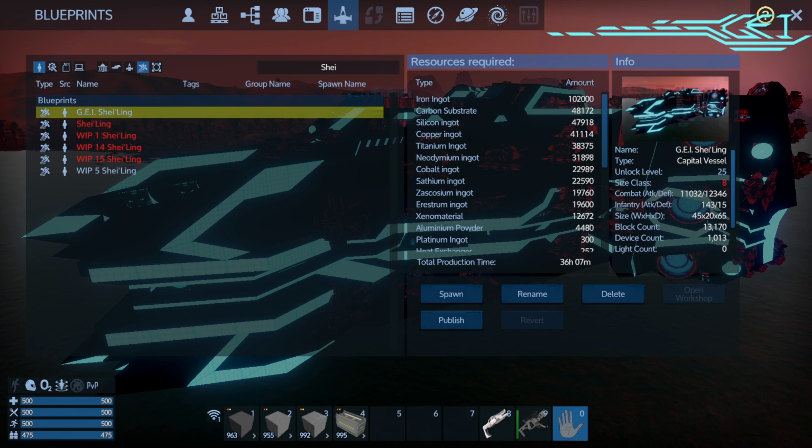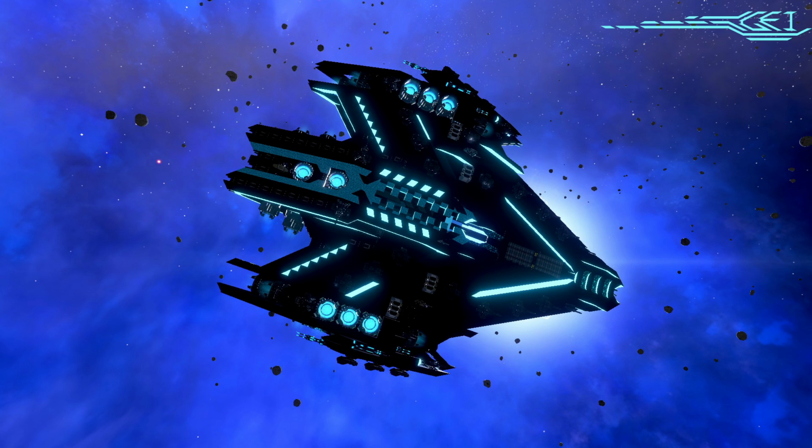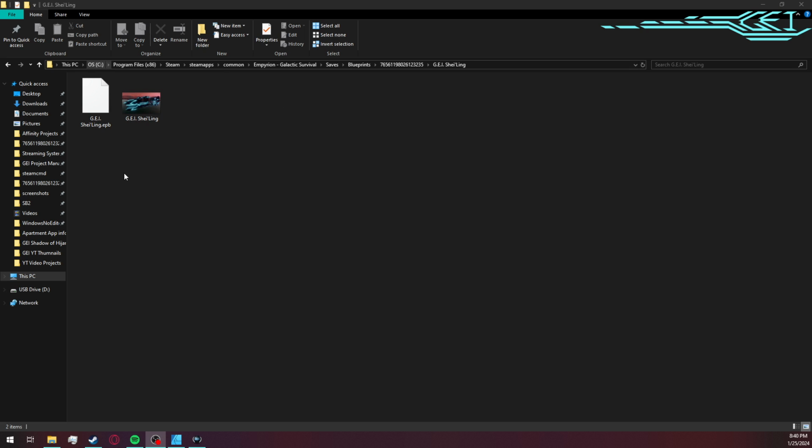Alright, so we're going to go over to Files. And this is the file folder. The file path is Program Files 86, Steam, Steam Apps, Common, Empyrean Galactic Survival, Saves, Blueprints, your new unique game identifier number, which is 16 digits from what it looks like. Don't quote me on that. And then the name of the item that you want to get a custom